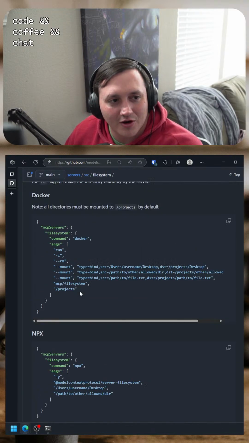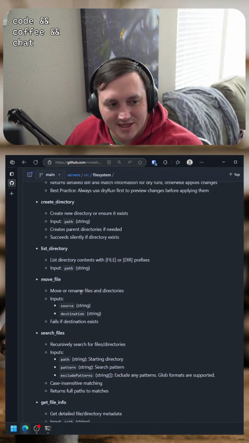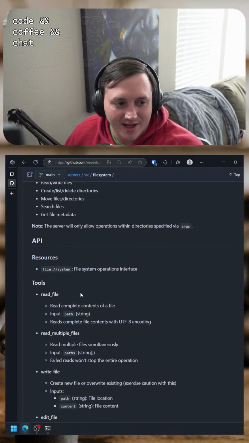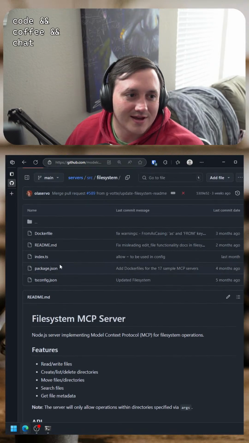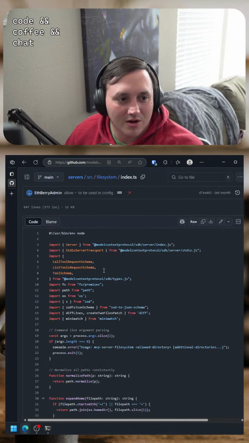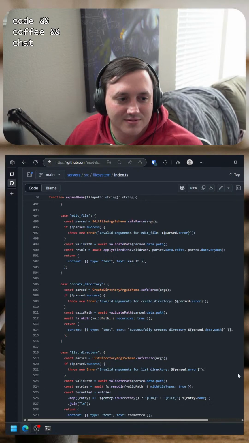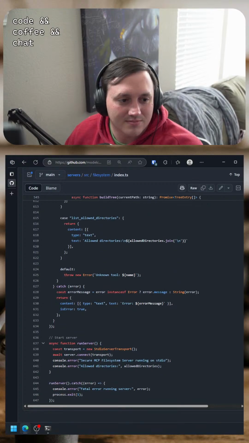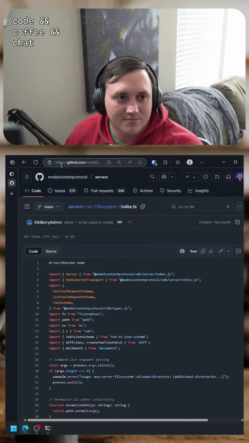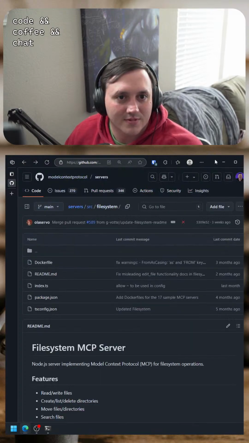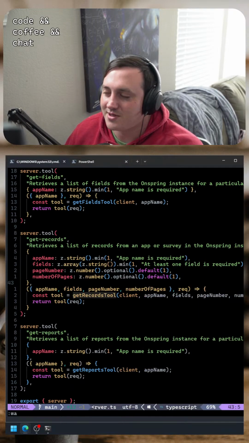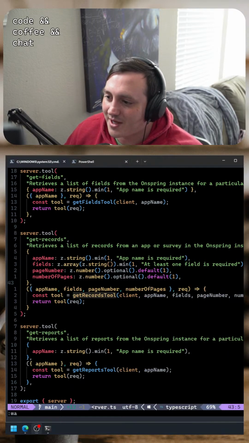Which, I mean, you could argue, do you need tests? But I like to write tests. This one is just one large index.ts file. But I like to have a test suite. I know not everybody feels the same way.